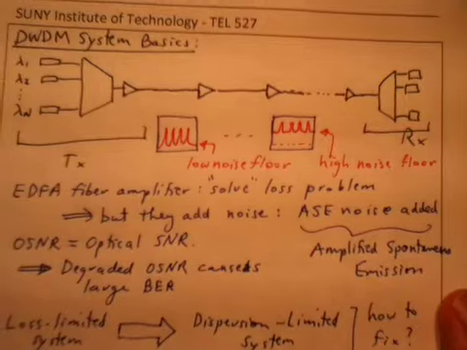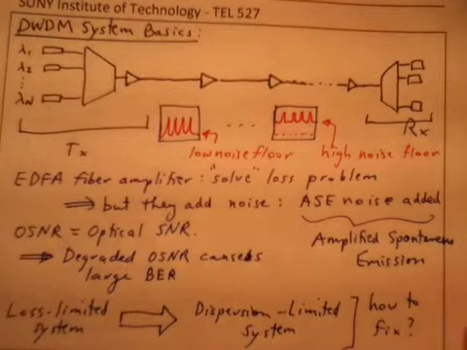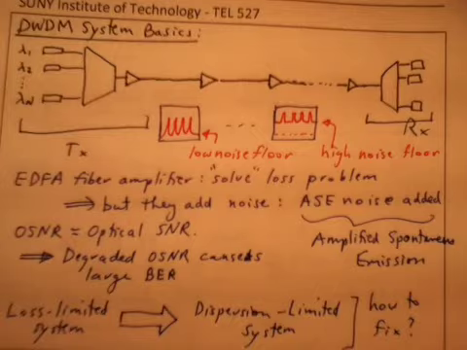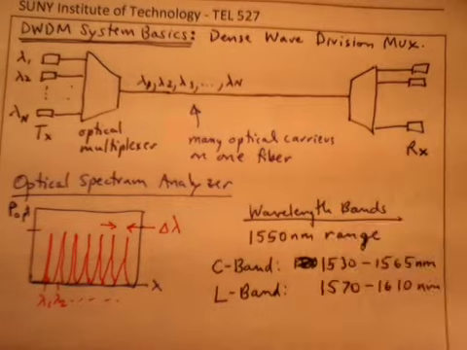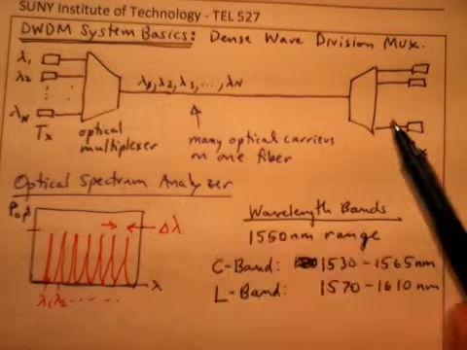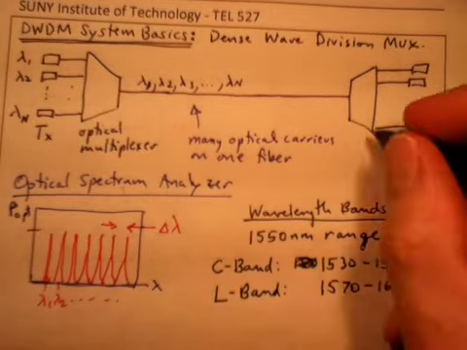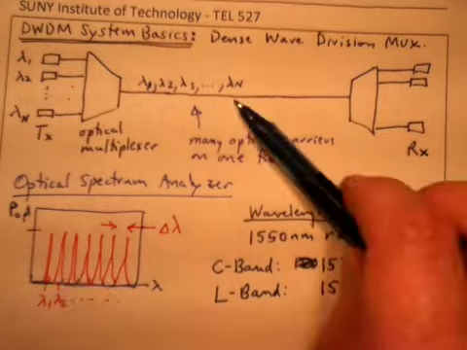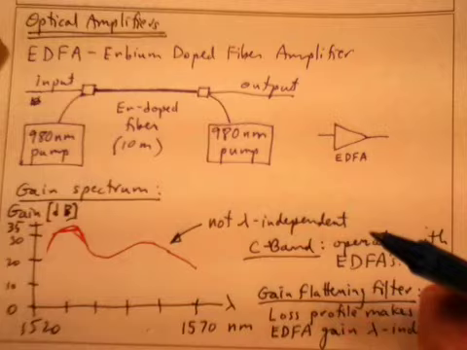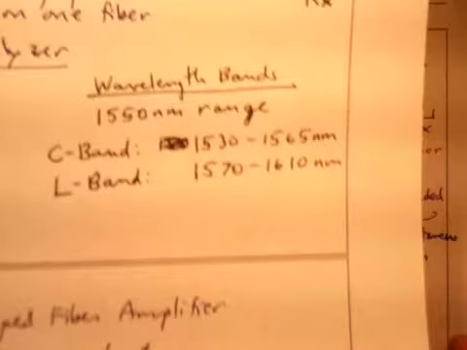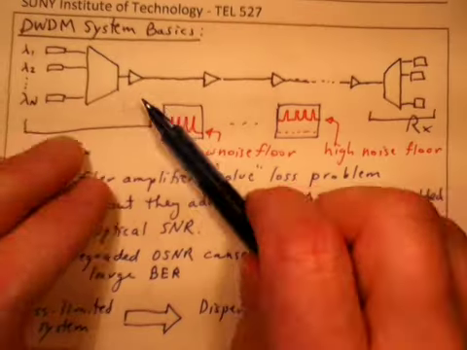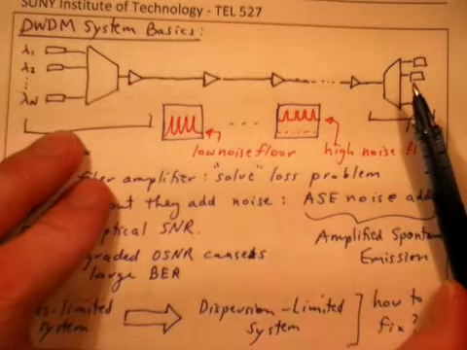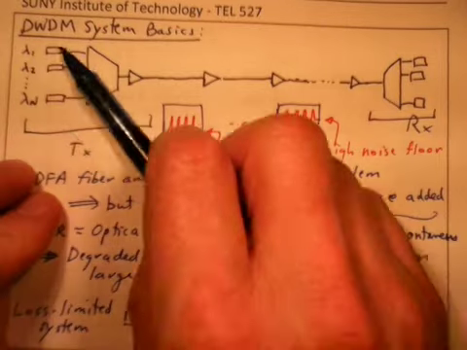Okay, in this video I'd like to continue the discussion of DWDM system basics. And in the last video I gave you the very simplest picture of a DWDM system with optical multiplexer and optical demultiplexer and multiple channels on the fiber. I also told you about EDFAs. And so what I'll do here is I'll make our block diagram a little bit more complicated, including multiple wave